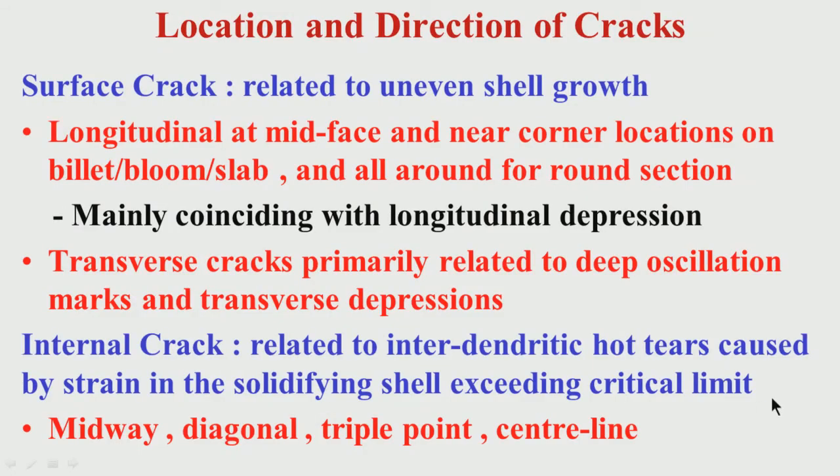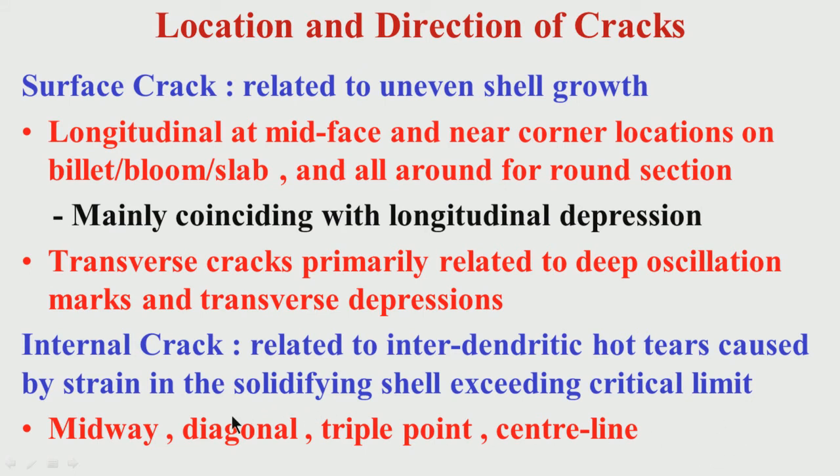If the structure is coarse, if the columnar zone is more due to high superheat, then you can have these hot tears. So, if the structure is coarse in the interdendritic areas, there is a possibility of hot tears, and if the strain exceeds the critical limit, then these interdendritic areas are prone to formation of cracks,